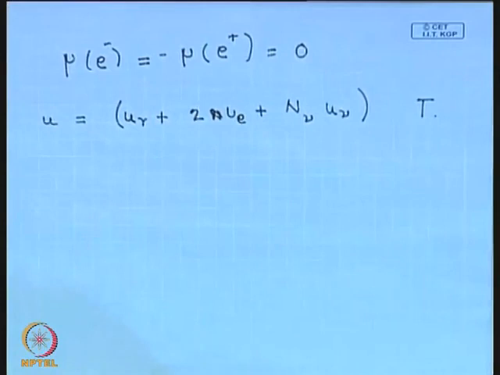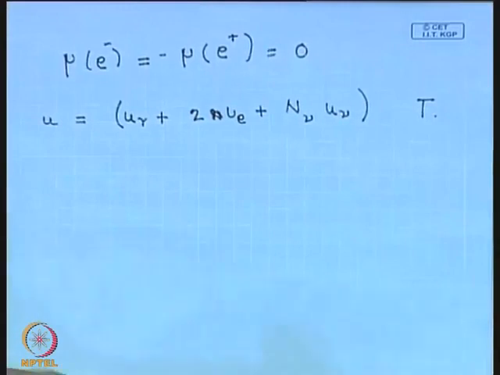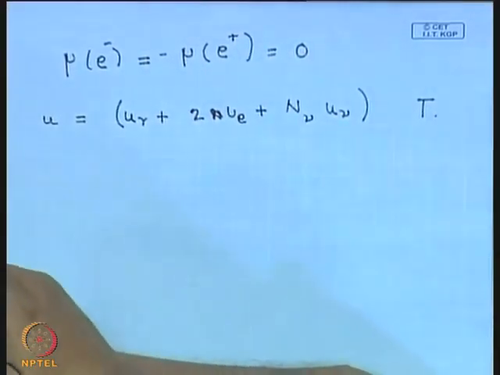Let me bring today's discussion to a close here, and let me recapitulate what we have learnt. What we have learnt in today's lecture is that if you go sufficiently back in the past, to a redshift of more than 10 to the power 10, when the temperature is more than 10 to the power 10 Kelvin, the universe is sufficiently hot to produce electron-positron pairs, and also adequately hot to produce neutrinos and antineutrinos, and they are all in thermal equilibrium at some temperature T. Further, we assume that the chemical potential of each of them is 0.